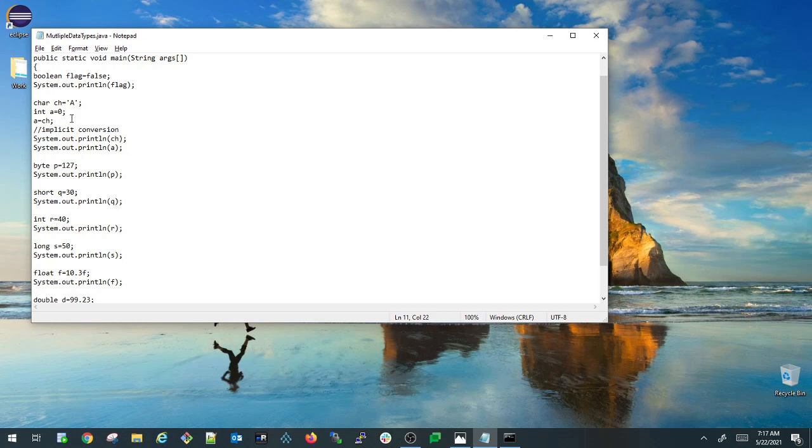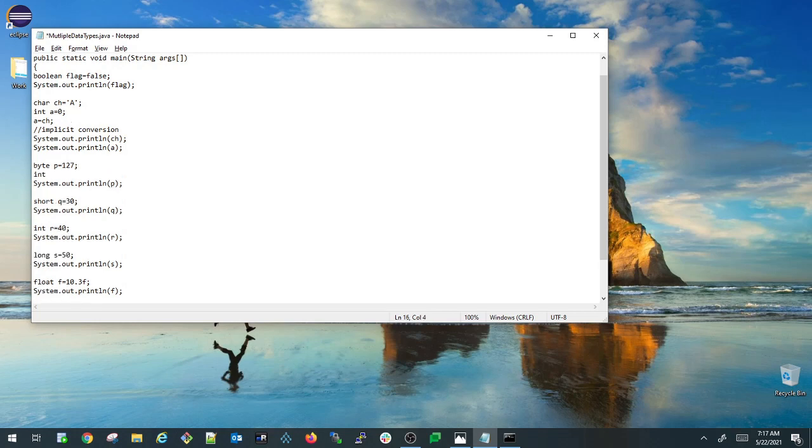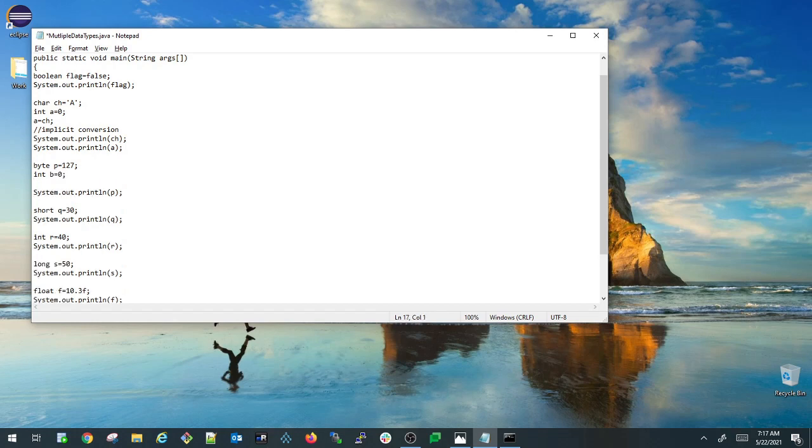Now let us try an implicit conversion for two more variables. I am converting my byte variable p from byte type to int type. For that I am declaring one more variable, int b, assigning 0 to it. I am saying b equals p, directly assigning it, and printing it.